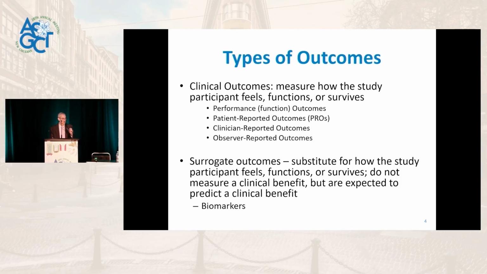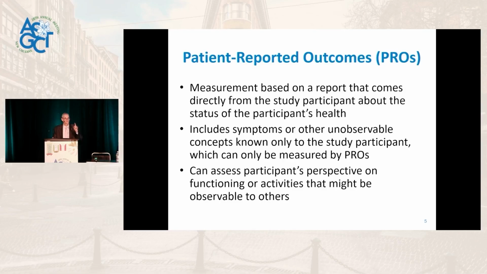I'll talk a little bit more about these. In contrast to clinical outcomes, there are surrogate outcomes, which do not measure how people feel, function, survive. Rather, they predict or might predict how someone feels, functions, and survives. And in talking about these, we'll also talk about biomarkers. I want to talk first about